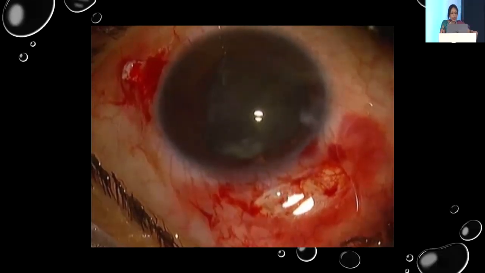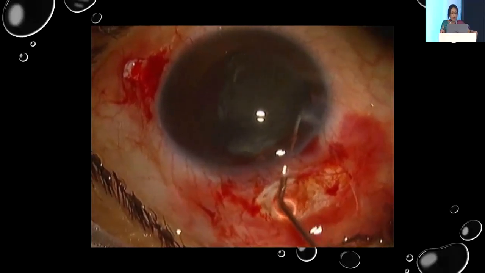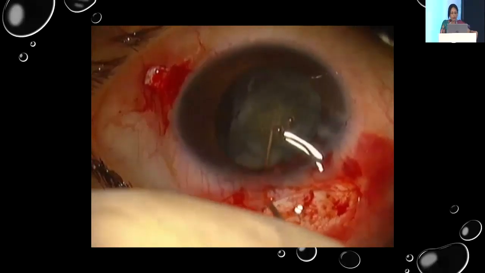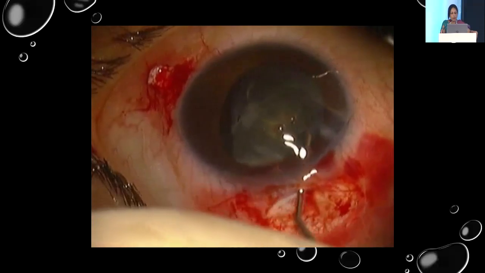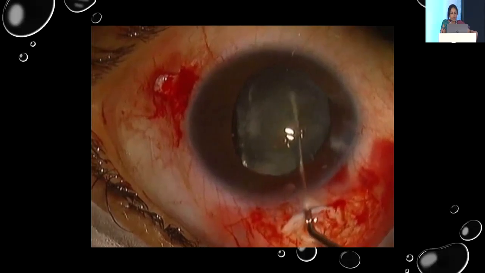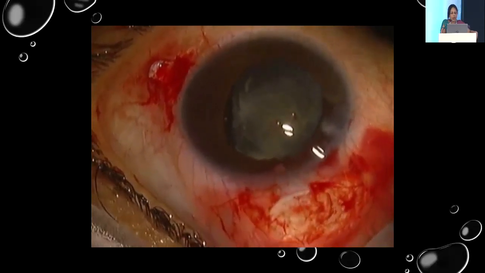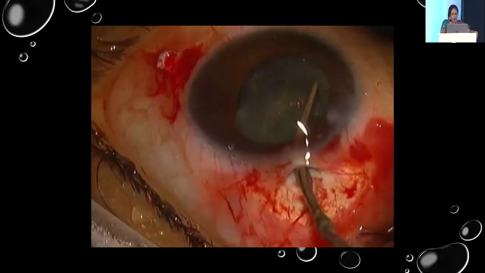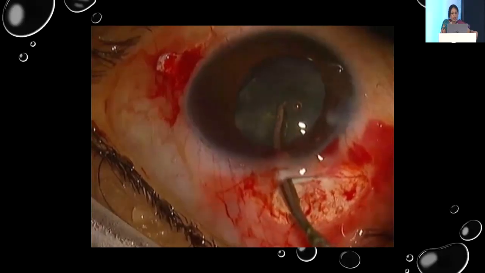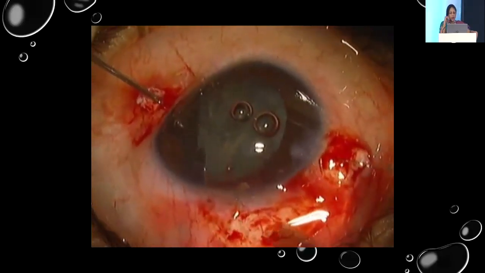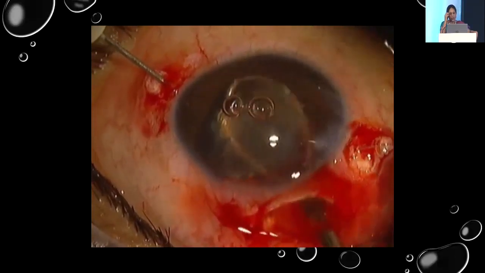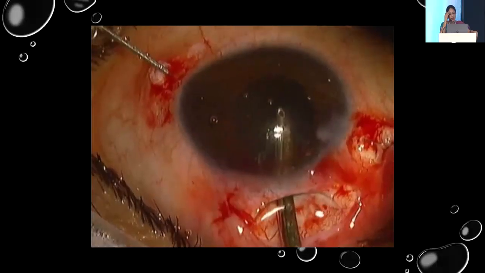And once I finished my rhexis, I tried doing a hydrodissection, but despite multiple waves, the hydrodissection was not complete, because what is happening is the capsule is also kind of bean shaped. So there is no place for the nucleus to actually rotate. So I kept pushing and pulling the nucleus so that it would rotate, and finally I ended up doing an intracapsular cataract extraction. So after doing this particular eye, I realized that if I have to take out this nucleus, it has to be in pieces. So in the other eye, I actually did a phacoemulsification and I got away with it.